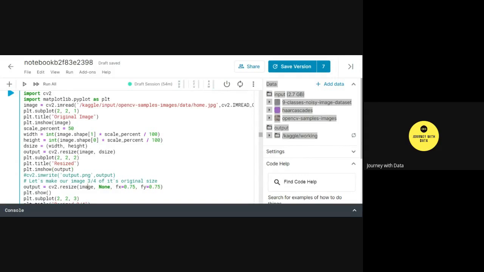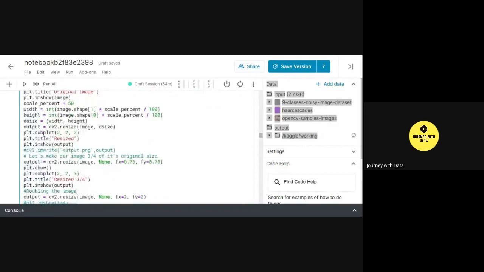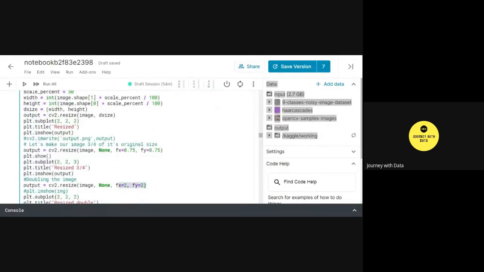Now the second line of the code talks about resizing using the scale method, the x scale and the y scale. So I have used a similar aspect ratio, which is 3/4 of the original size, 0.75, 0.75, and just displaying them. That's another resizing. And now in this part, I am just doubling the image size, again using the same method. If you notice, anywhere I'm resizing an image, no matter what parameters I incorporate in the code, I am using the cv2.resize method throughout my code.